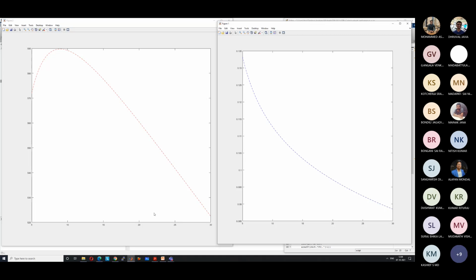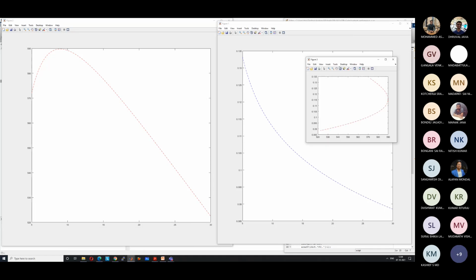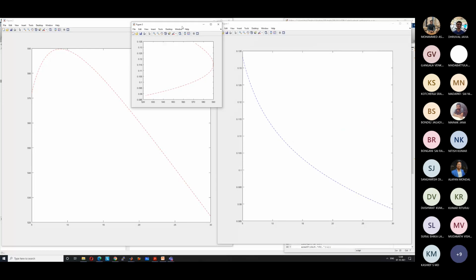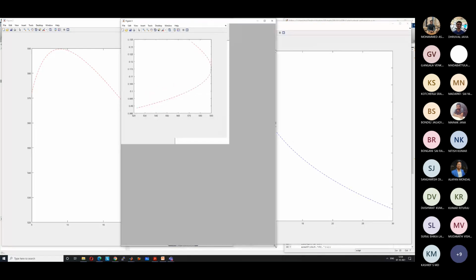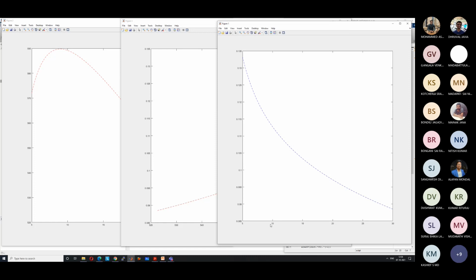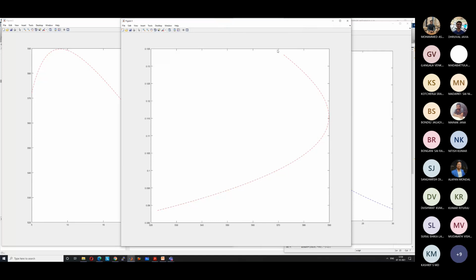It looks like this. This is the same data, but plotted in a different way. I have taken this axis versus this one. For the same values of R, say for R equal to 5, what is the thrust specific fuel consumption and what is the specific thrust? For R equal to 6, what is the thrust specific fuel consumption and what is the specific thrust? Like this, if we do, we get a curve like this.